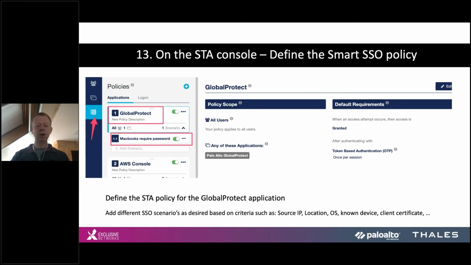Now we have made our application on STA. Now it's time to make a policy for it. It will be more clear in the demo, but this is just an example for GlobalProtect. So we make a policy. In this example, we have assigned the GlobalProtect application to all users, and we only do that for this application. The access is granted, of course, and